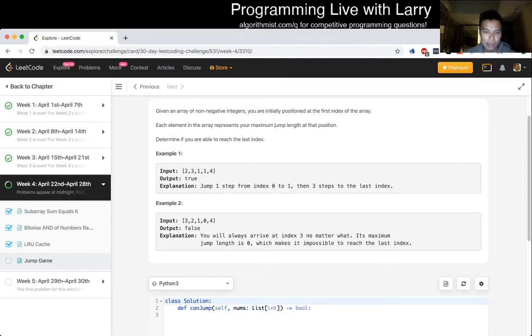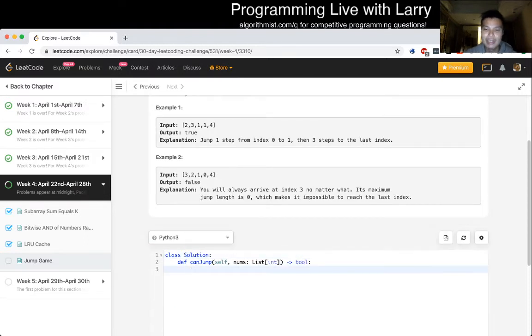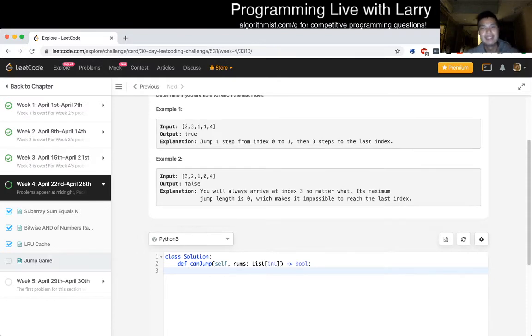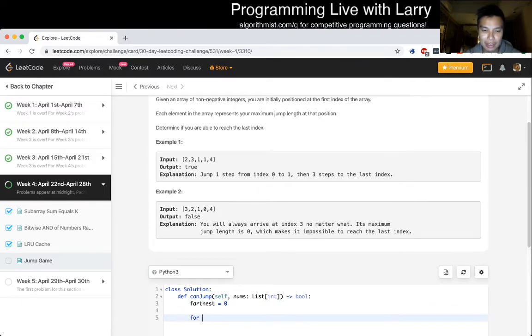But in this case, it's always going to be O of n, so it's even better. So it's linear, and I'm going to code this up first, and then we'll talk about this afterwards. Cool. Okay. So let's just say farthest is equal to 0, and then for i, I'm just going to use the